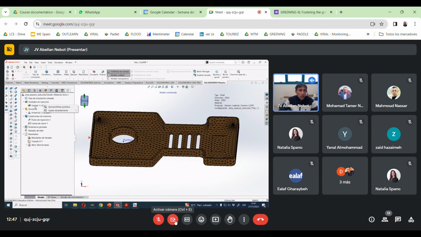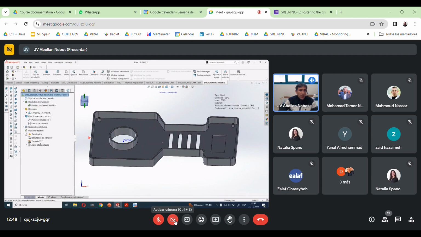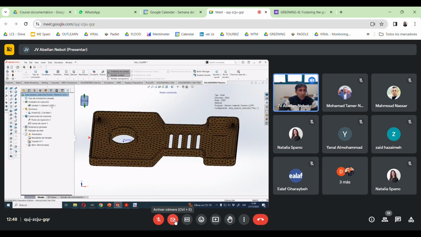So I go here to settings. Now, in settings, I'm going to increase the injection temperature to, instead of 220, 240. And the mold, instead of 40 degrees, I'm going to increase to 60 degrees. Okay. So let's see what happens if I add these changes in the parameters. Click OK. And now everything is the same. I don't have to change anything. So I change the settings and we can run again